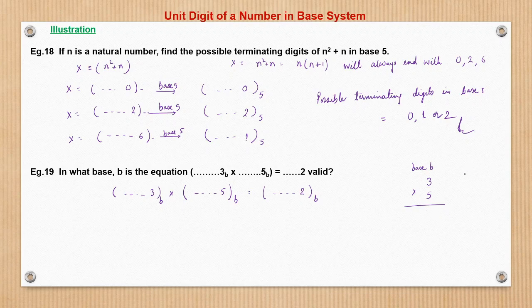So straight away we can say it will be 13 here. The base will be 13 because 15 when converted to base 13 would give 1 and 2. But we can check with other bases also. Say base is equal to 7. Then 15 when converted to base 7 would give 2, 1. Similarly, if the base is 9, then 15 when converted to base 9 would give 1, 6. So that way we can check that 13 would satisfy. So base 13 is the answer.